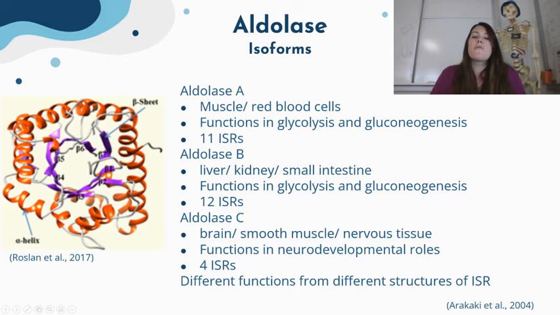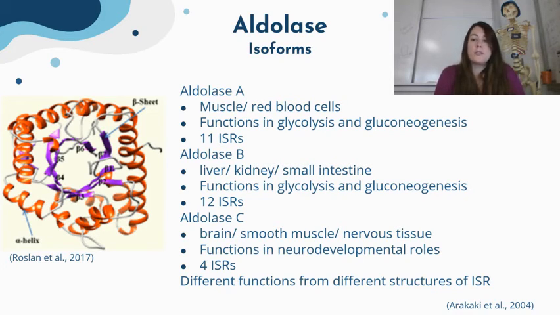So it is likely that the functions of the different isoforms stem from the different structural elements of the isozyme-specific residues, or ISRs, based on different DNA sequences, not necessarily from the small changes at the unliganded active sites. So the differences in the residues, these ISRs, exist in lysine 146, arginine 42, and arginine 303. Since these ISRs function in substrate binding, changes in these locations could change the kinetic properties of the isoforms, thus